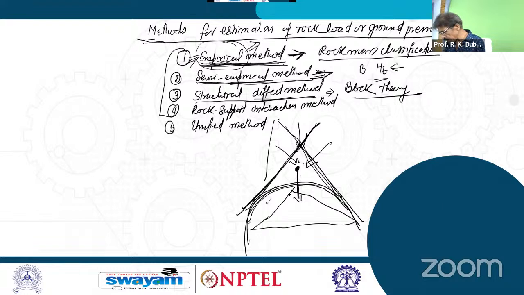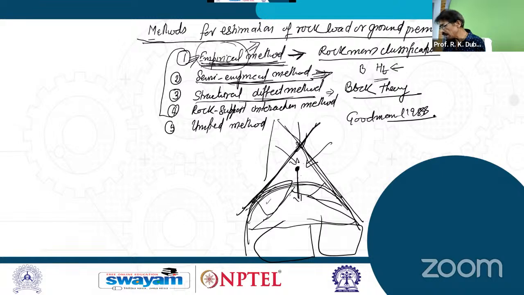This cartoon is representing it here. Then another block is located here, and finally it is going to collapse this whole opening. This concept was given by Goodman in 1985 and later modified by many, presently Dwyer and Fraser and others.